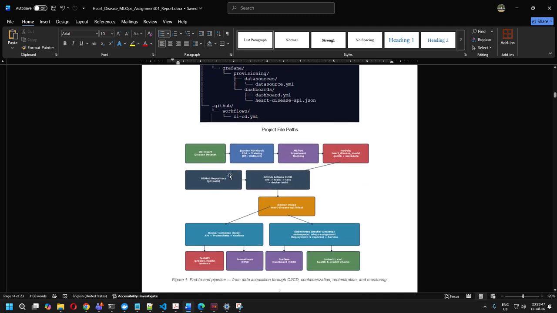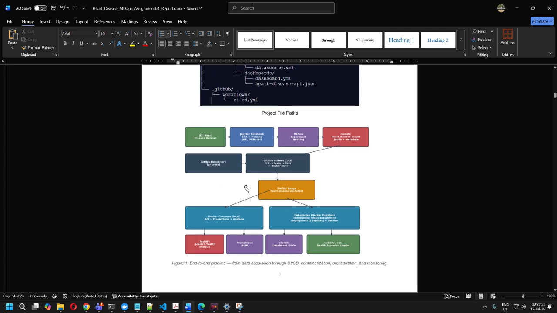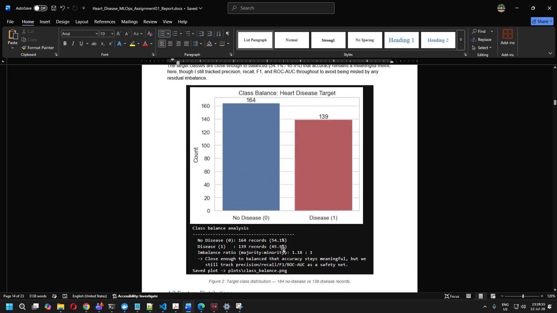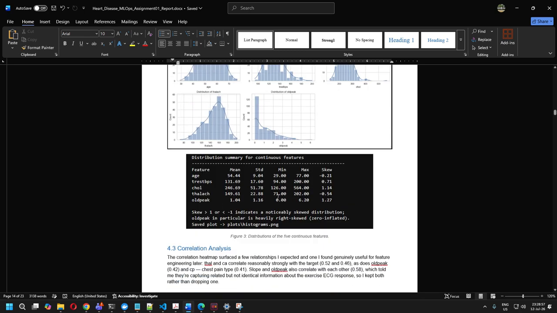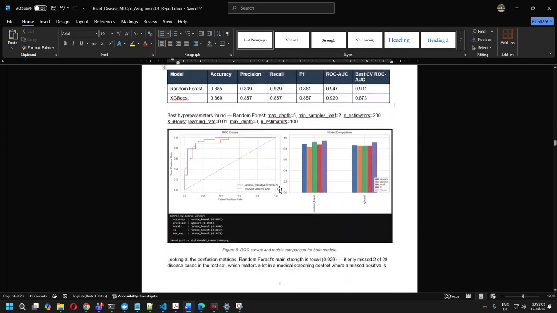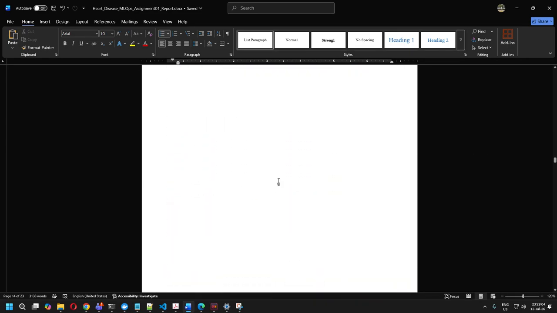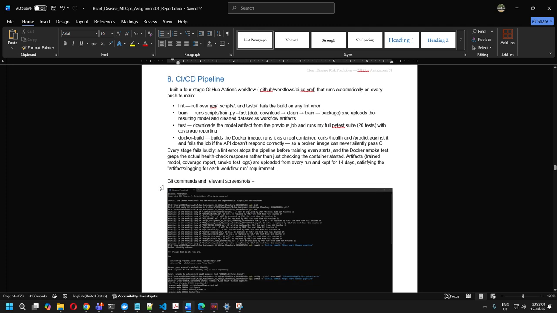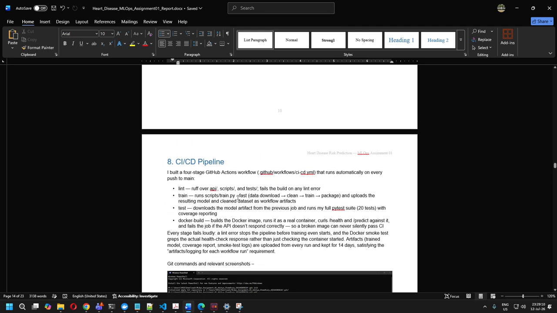This is the architecture. The CI/CD pipeline is also involved in this project, and I am walking you through those shortly. This is again one of the relevant test cases and metrics which I was showing in the project part, and below this is the main functionality of this one. So this CI/CD pipeline is what I have built from the ground up. This pipeline has 4 stages: lint, train, test, and Docker build.